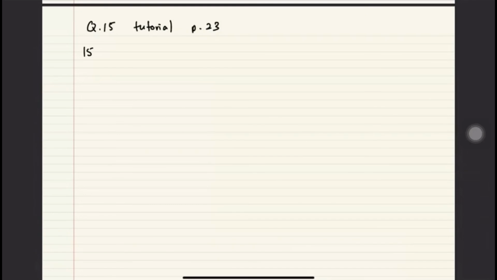Cuba baca jap. Okay, dah baca belum? Dia kata 3 point charge